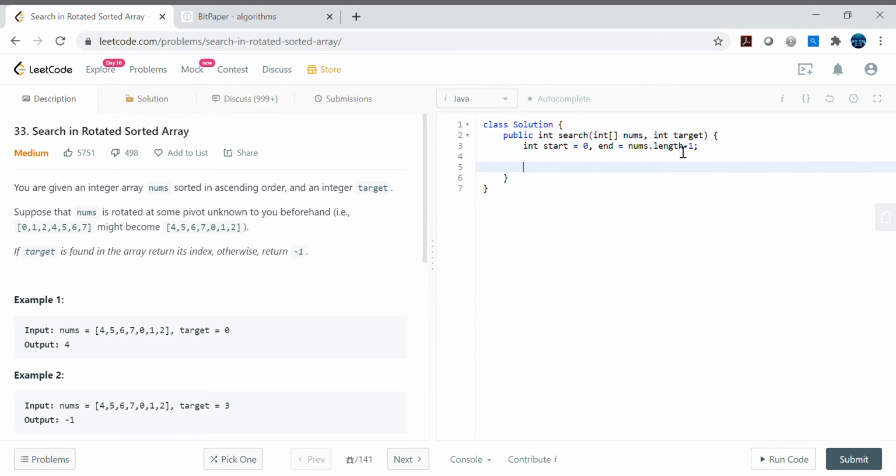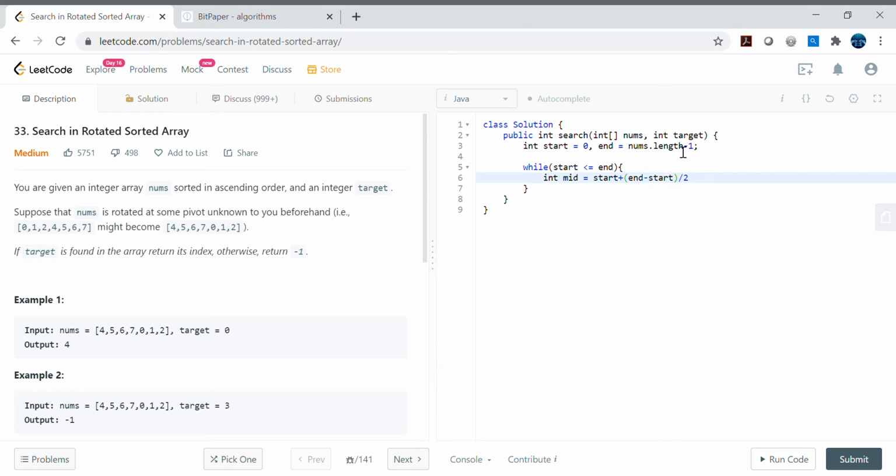Now let's check if start is less than or equal to end, and then calculate the mid. Either we can do start plus end divided by 2, but the preferable way is start plus (end minus start) divided by 2. Why do we do this?